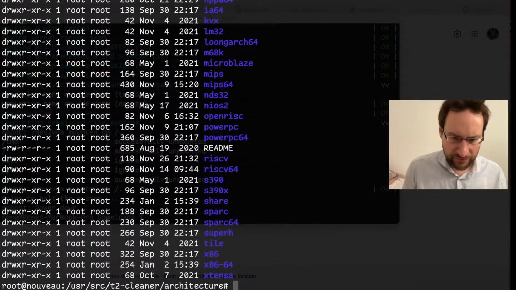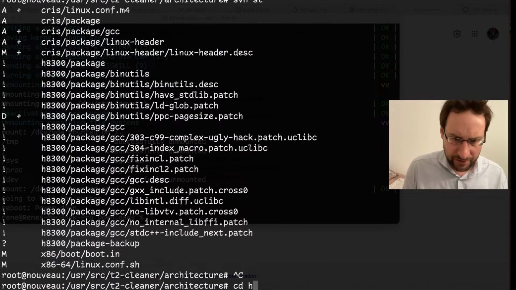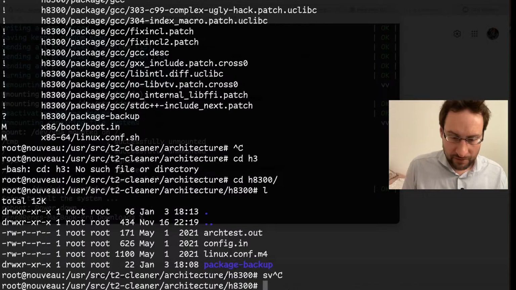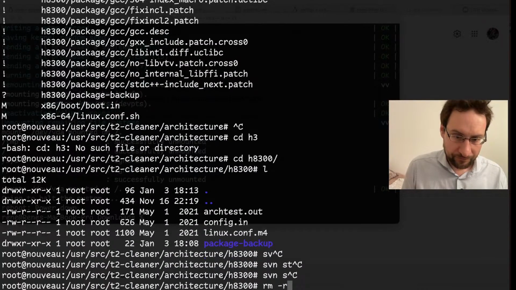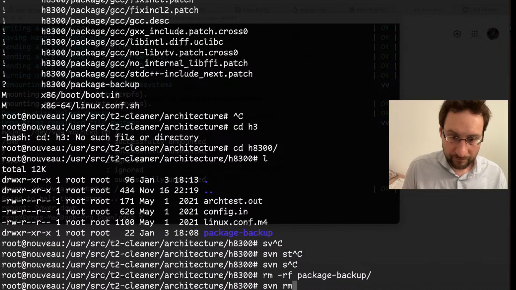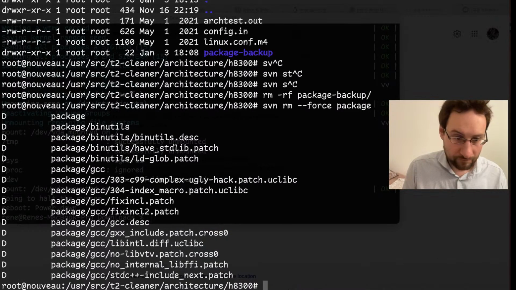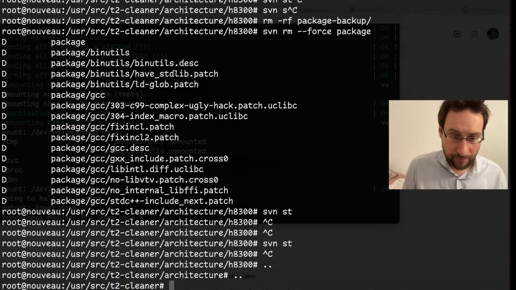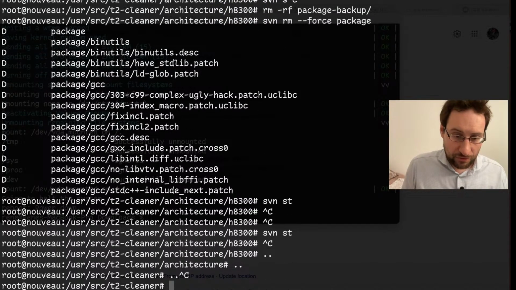Let's also remove somewhere. I had here this H83000. So CRIS, maybe that goes away with new CPU architecture.